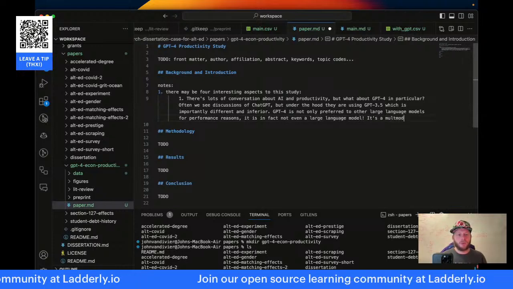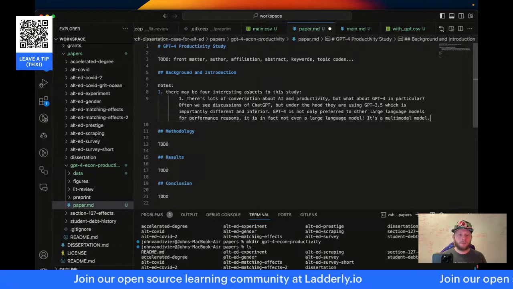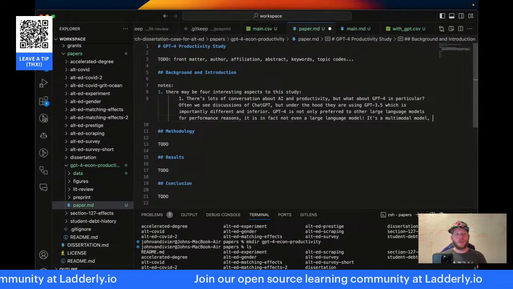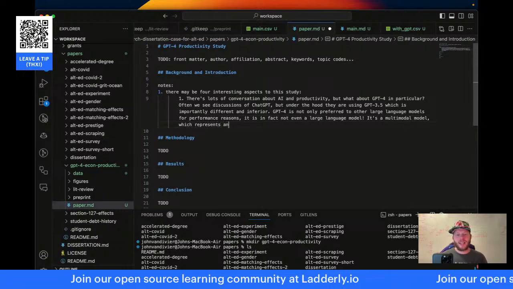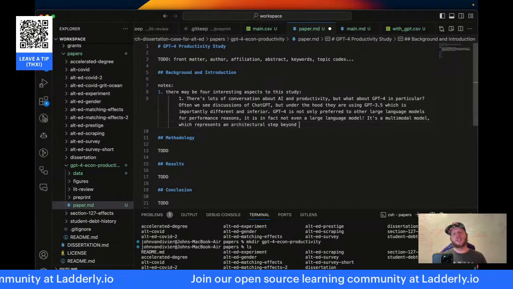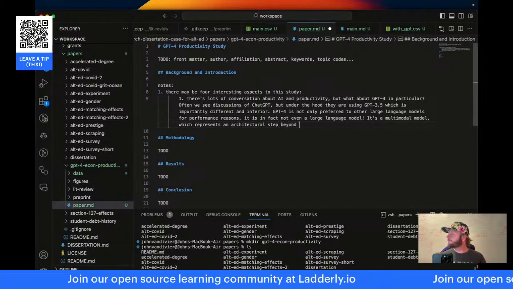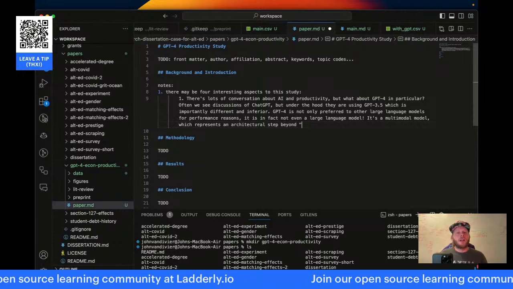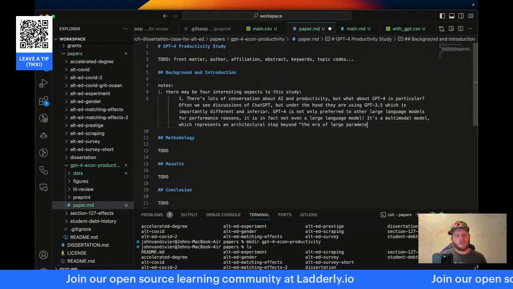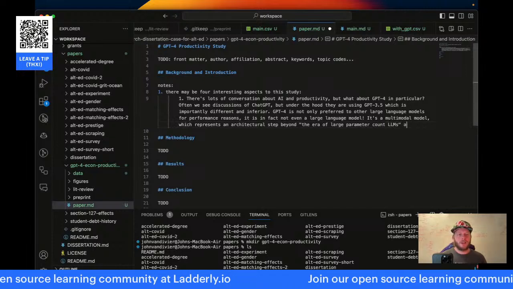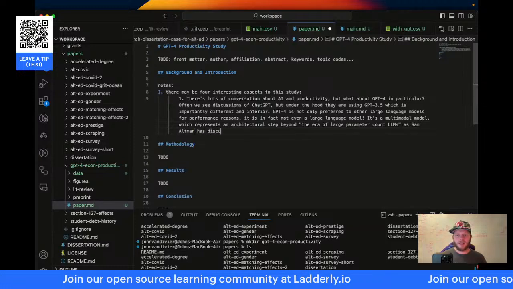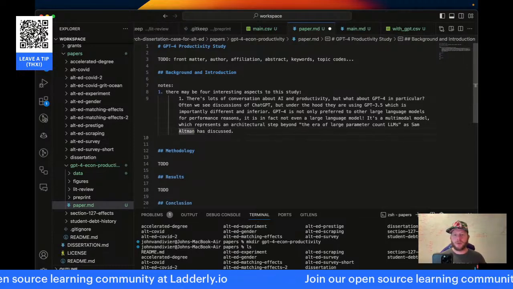It's a multimodal model, which represents an architectural step beyond the era of large parameter count LLMs, as Sam Altman has discussed. Okay, so that's the first important thing.